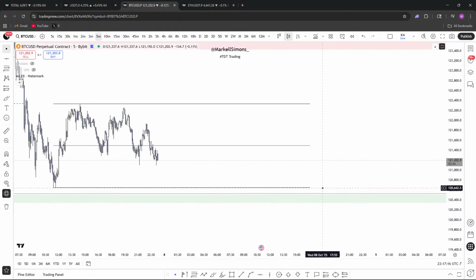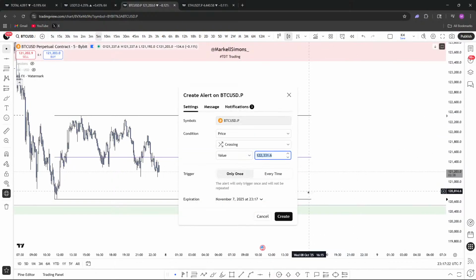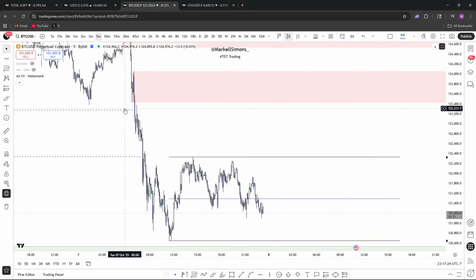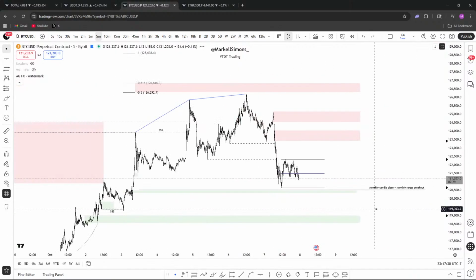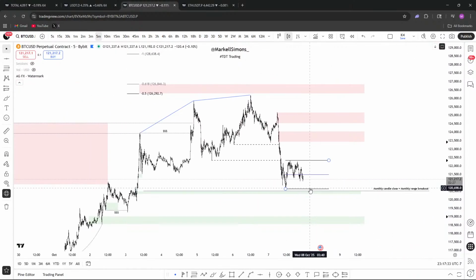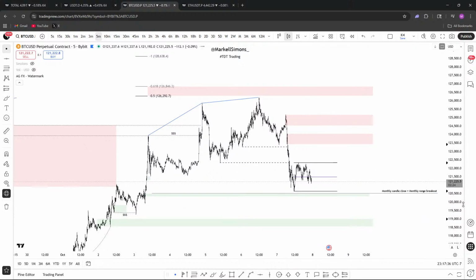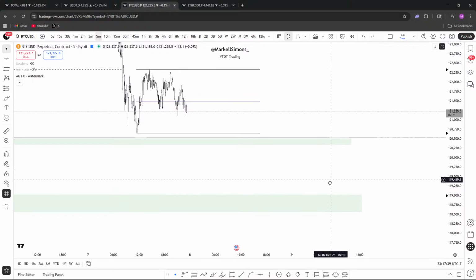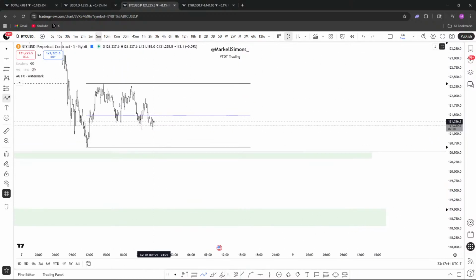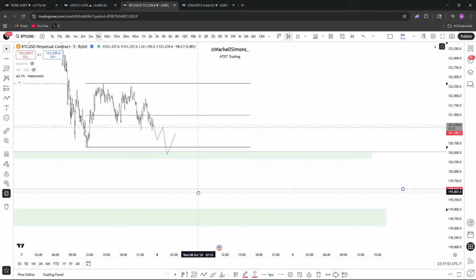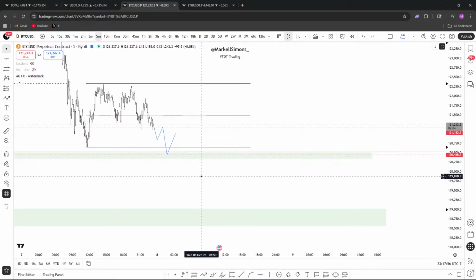So I would just set an alert at this low and set an alert at this high. Set an alert at this supply POI. And yeah, there you go. If your alert goes off right here, then set an alert at this demand POI and maybe at the market structure high. So say we come down, we do something like this, right? If we bounce, your alert goes off, set an alert at this high, and then set another alert probably at this low, or